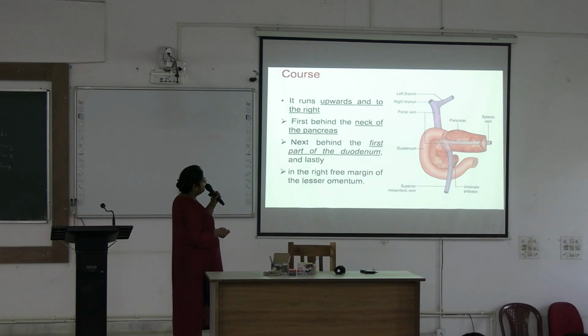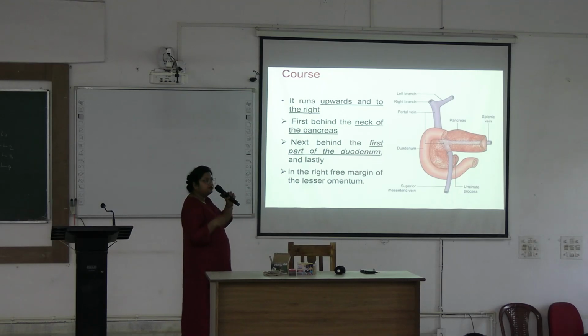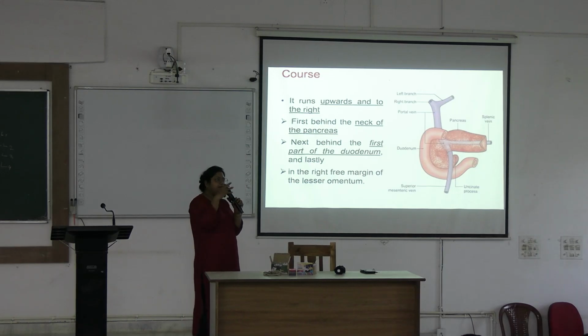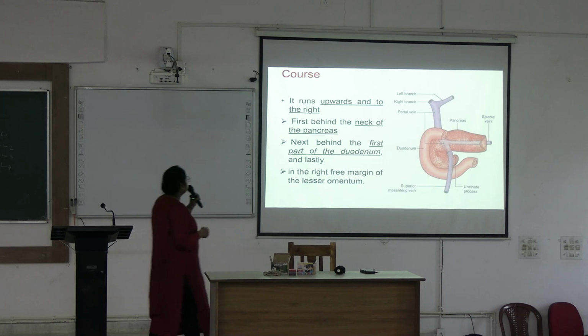Okay. So you can see here, before entering the liver, it has three parts. Infraduodenal. This is first part of duodenum. Below this part is the infraduodenal part of portal vein. Posterior to the duodenum is the retroduodenal part, and above the duodenum up to its entry into the liver, that is supraduodenal part. Okay, so it is divided into three parts: extrahepatic course, and also there is intrahepatic course up to its dividing into the sinusoids. Okay, so this is the course.